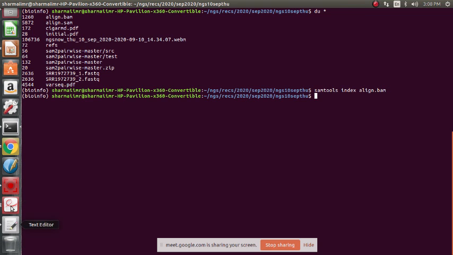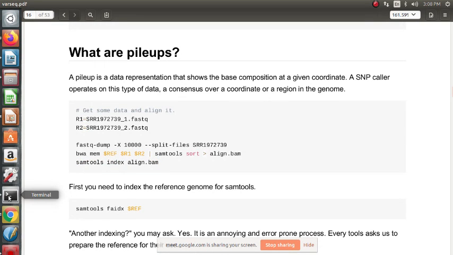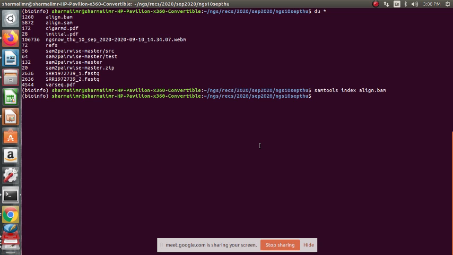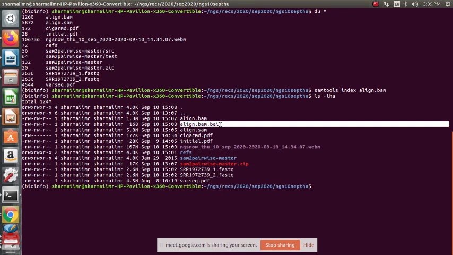If we do this command, what file will we get, what extension? .bai, yes, binary align index, the .bai file. So if we do ls -lh again, we can see here that we got the align.bam.bai file.